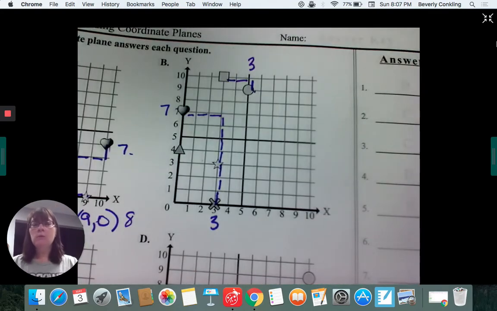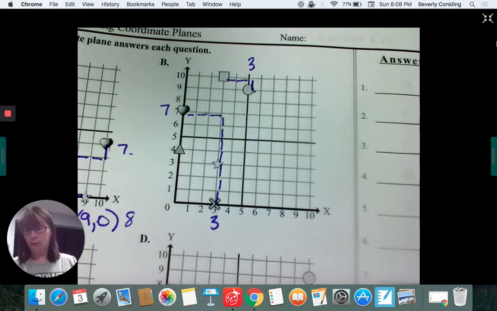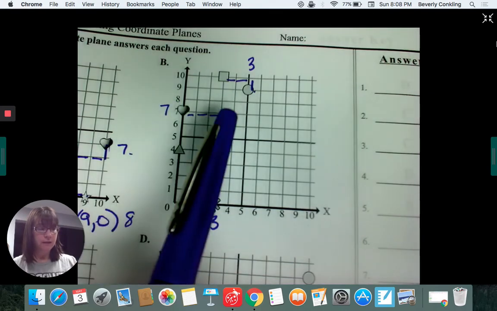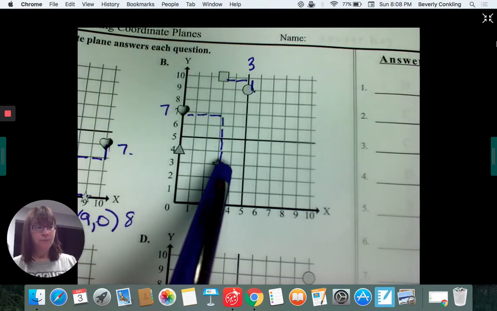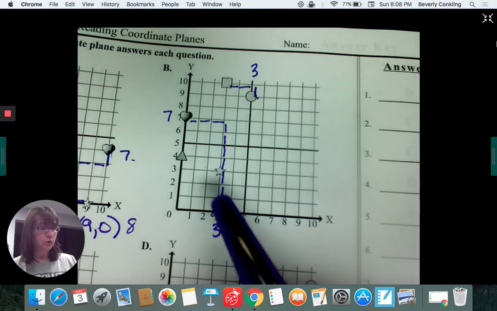Okay, so that's what you're going to be doing on today's homework, is just counting the number of units between shapes or between letters. And then there might be a few of them, like I said, where you have to identify the difference between two of them, like the difference between the heart and the star compared to the star and the